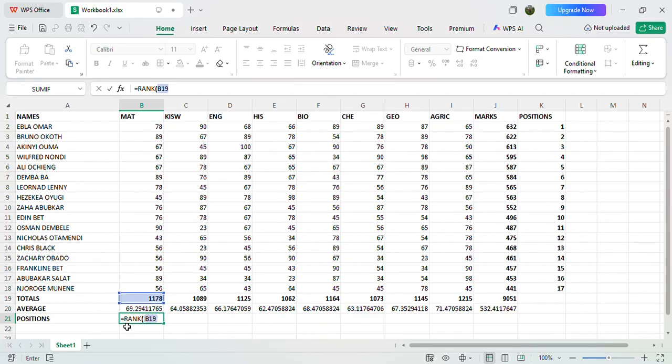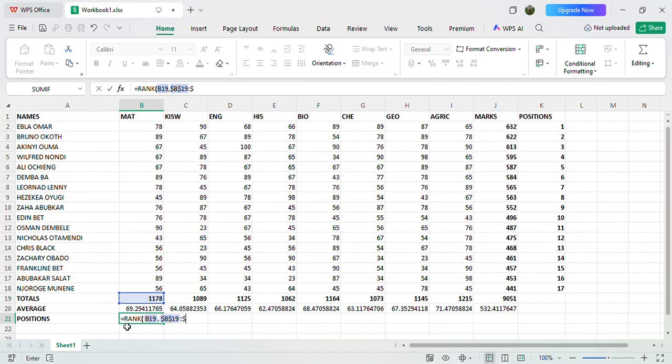Then you separate them with a comma, then you introduce a dollar sign. Press key 4, then start with the column, that is B. Then again dollar sign, press the row, that is 19. Then we introduce a colon, then dollar sign.